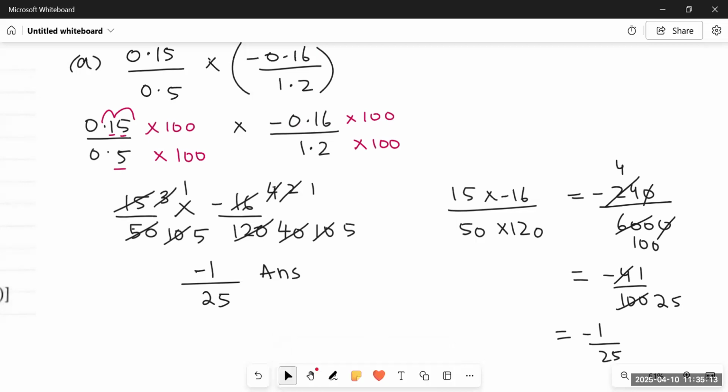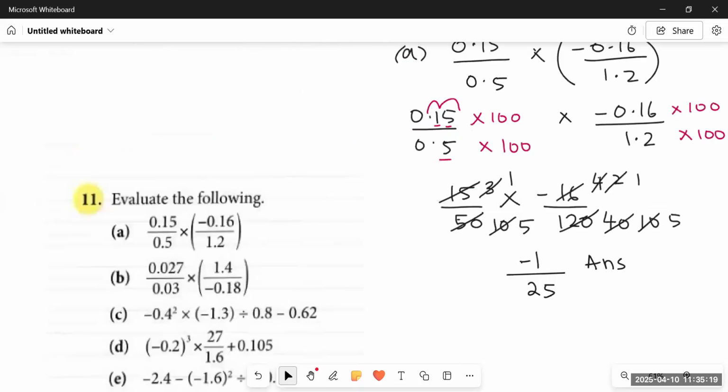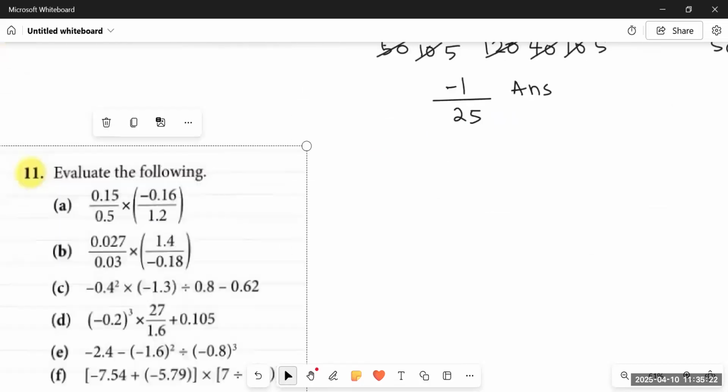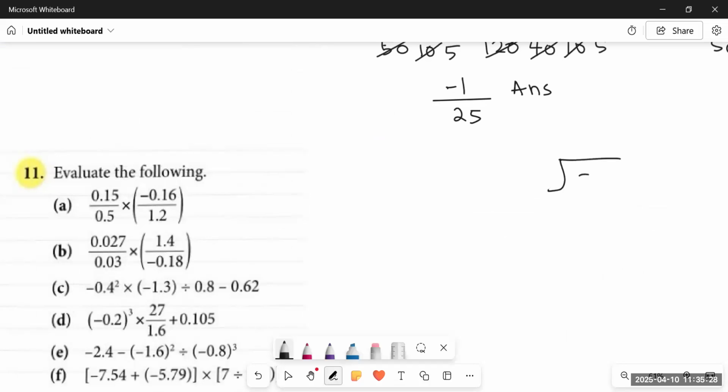Okay. Now one more thing, students, you can write down your answer in decimal form as well. So you can divide minus 1 by 25. How? We'll keep 25 outside and minus 1 inside. You'll put a decimal, here comes a 0, but we have to take one more 0. So here comes 2 0s, 25 4s are 100. So the answer would be minus 0.04. You can write the answer both in fraction or in decimal form. Since we are evaluating decimal numbers, keeping it in decimal is more appropriate.